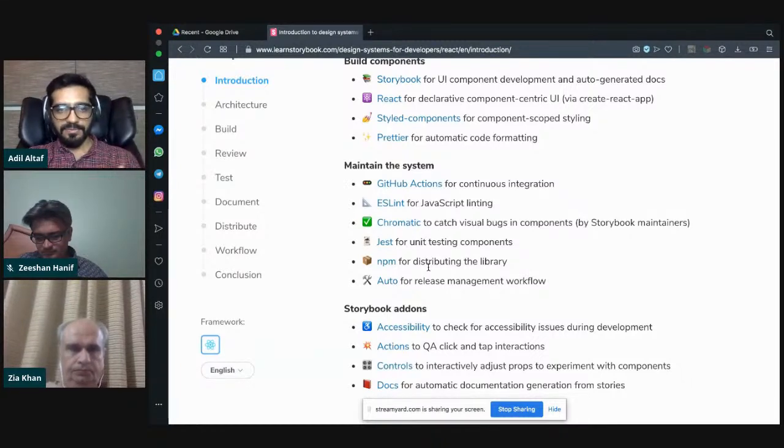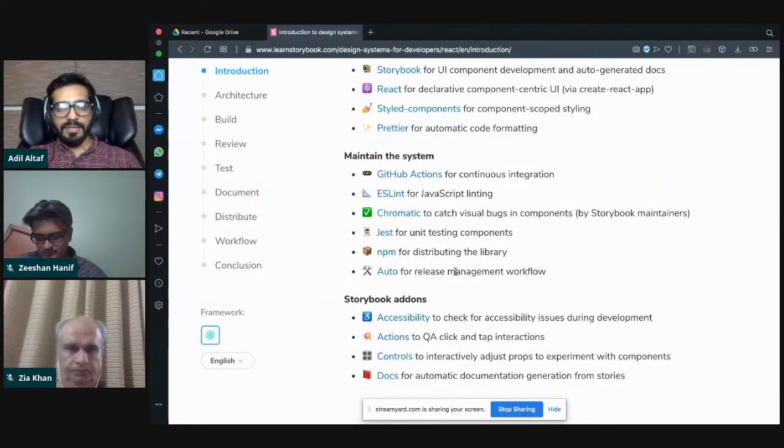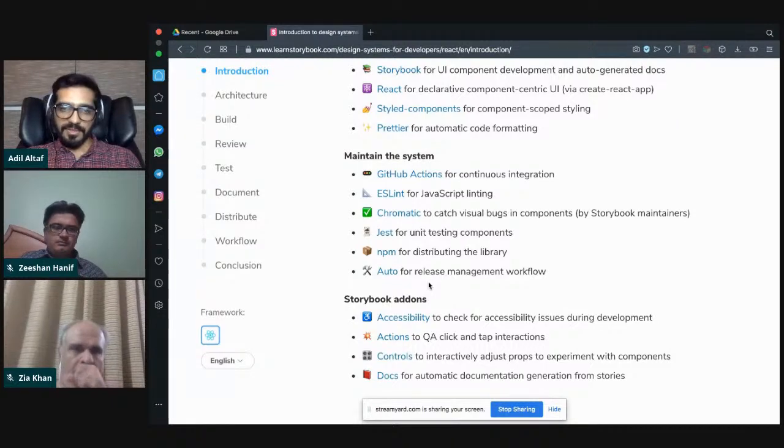So Daniyal has shown previously with bit.dev how to use NPM for the distribution of the components and the library. And then Auto is an automatic release management workflow, which will automatically update your GitHub, and it'll update the version numbers and all the links that will make it easier for somebody to